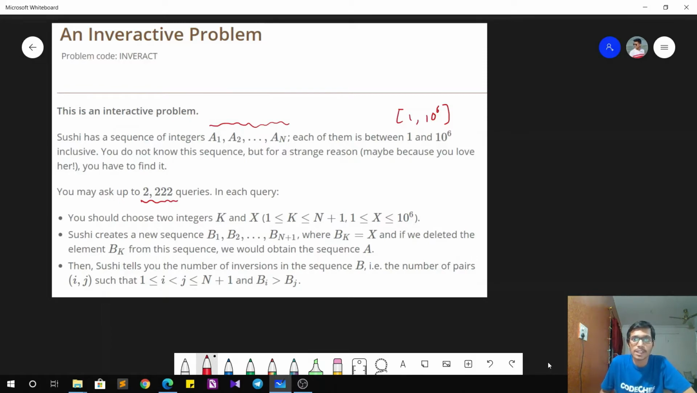So what does the query return? First of all, the format of the query is as follows. We can ask a query of the format k comma x, that is, give two integers k and x to the code. And what does the code do? It takes the integer x and inserts it in such a position that if we remove that element,